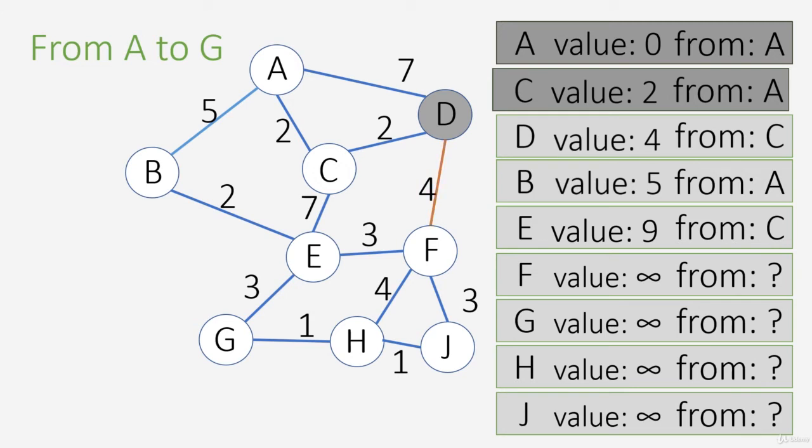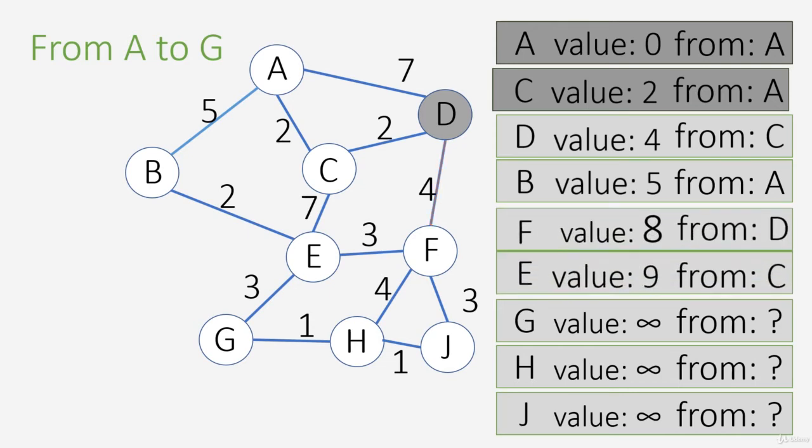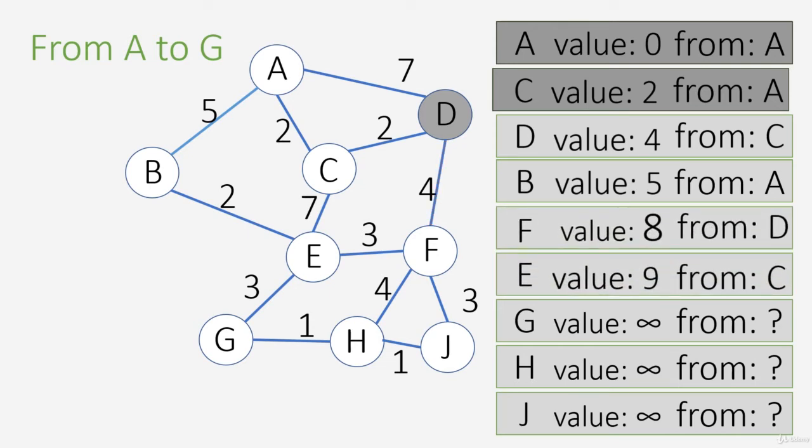And I can go only to F, and that takes me 4. So I will add up the value of D with 4 and set it as a new value of F because 8 is smaller than infinity. And I also set the node from which I got here to D. I delete D from priority queue and I grab B from priority queue and see where I can get from